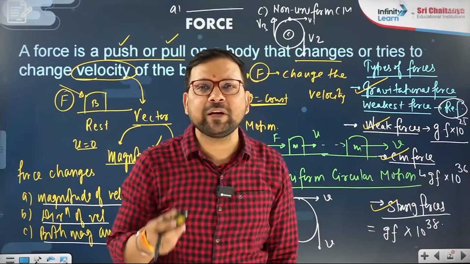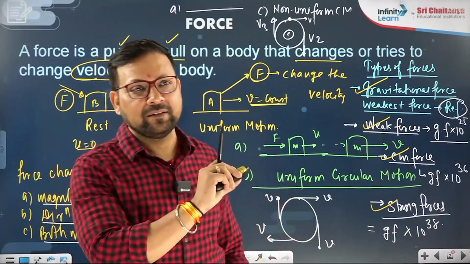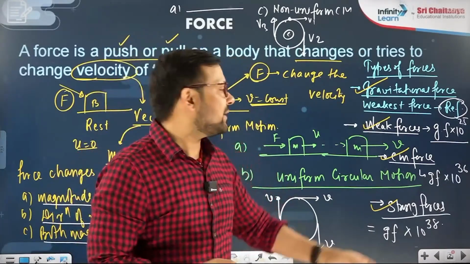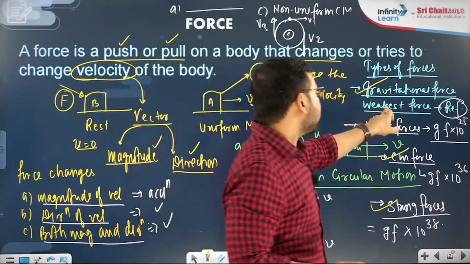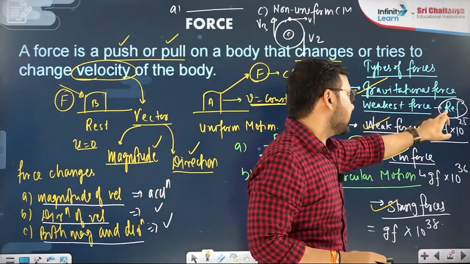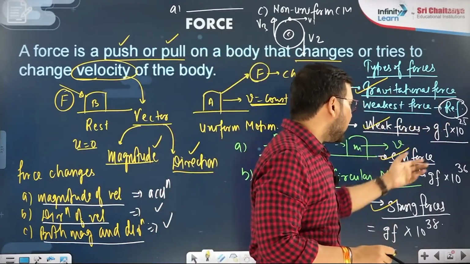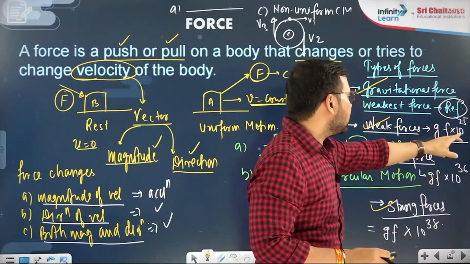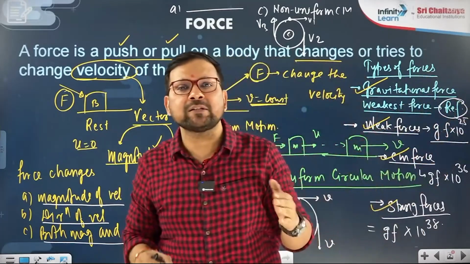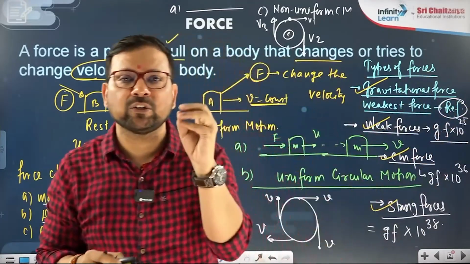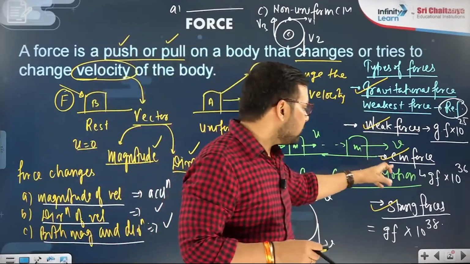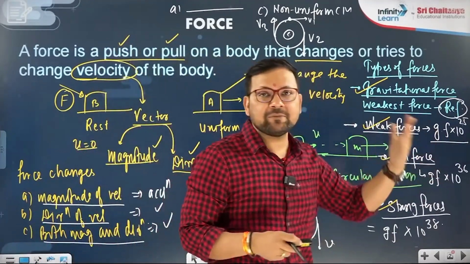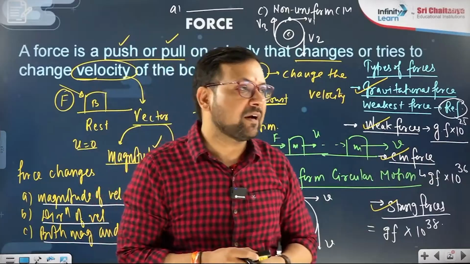I'm not explaining anything, just telling a fact here. The 4 types of forces are there, and that is the range given. The weakest force is gravitational, that is taken as reference. The rest of the forces have this order of magnitude. Any force that is 10 raised to over 25 times gravitational is categorized as weak force. Electromagnetic forces are about 10 raised to 36 times the gravitational. That is how it comes.